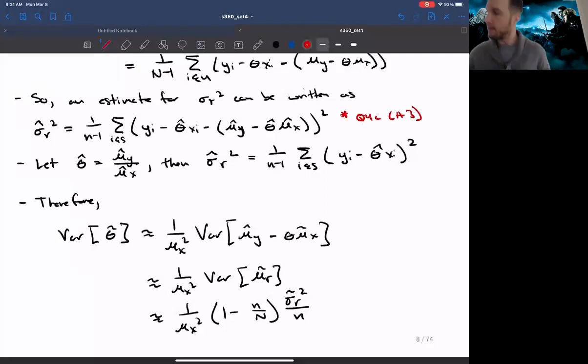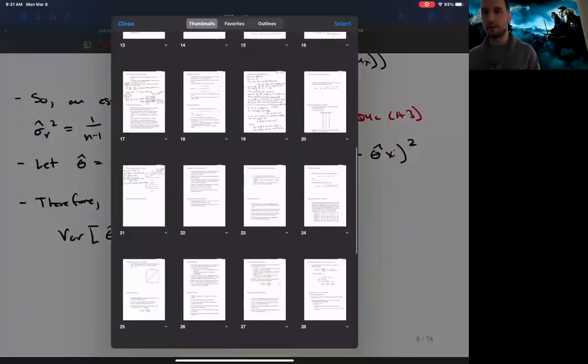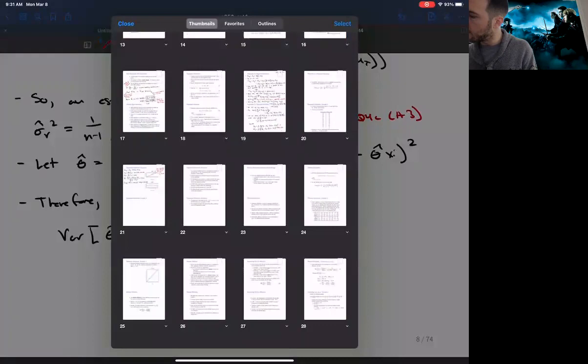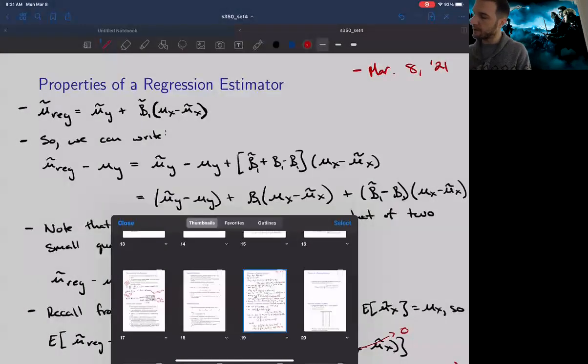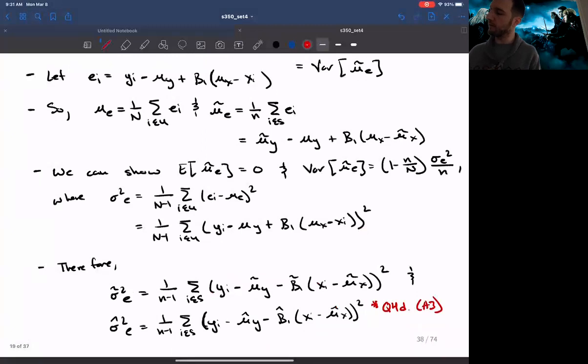Okay, so as per usual, the proofs took longer than I expected, but I guess I should probably be used to that by now. Okay, so now we have an expression for the variance of our estimator. We can see that this expression for the variance is pretty much the same for